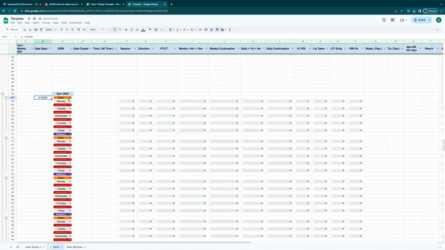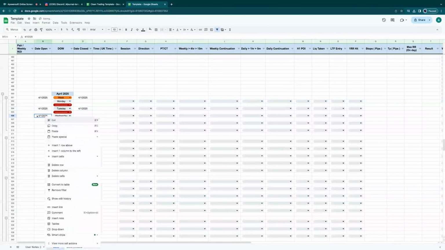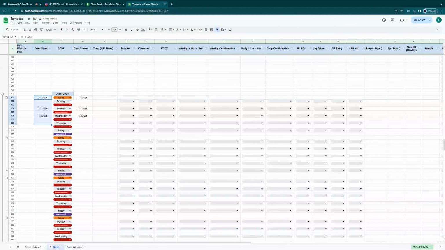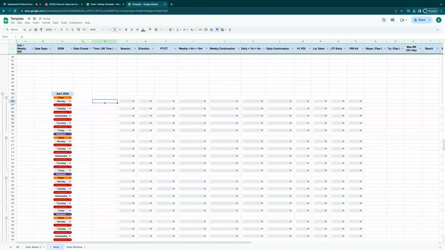Then from there on, you would copy and paste, and let's say that was a Tuesday, wasn't it? So you put it there, and then on Wednesday, you'd copy and paste that, and you just edit the date. So the Wednesday was the 2nd. And again, you just copy and paste, and you put it in there. Very simple, really easy to use. And like I said, it's important to do the dates and the times in the way that I've shown. So the time would be like this,